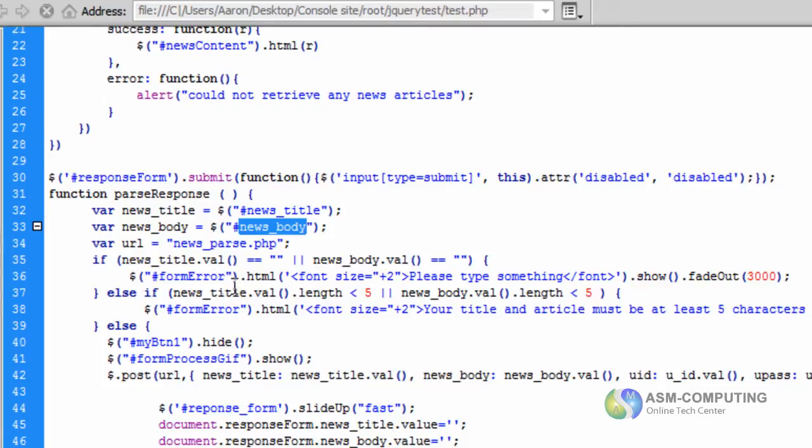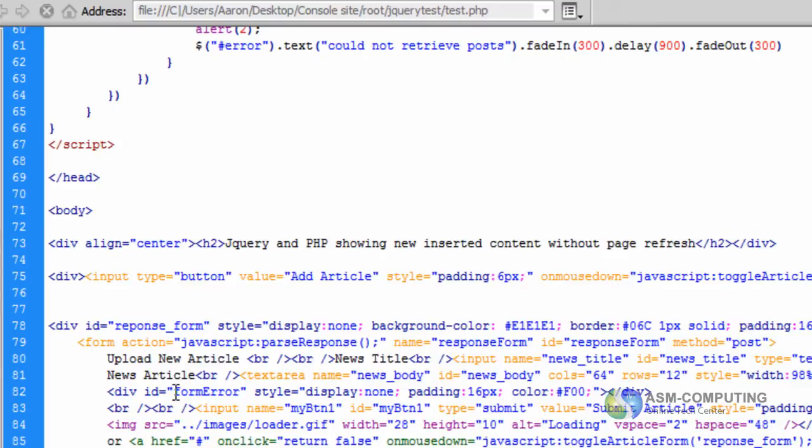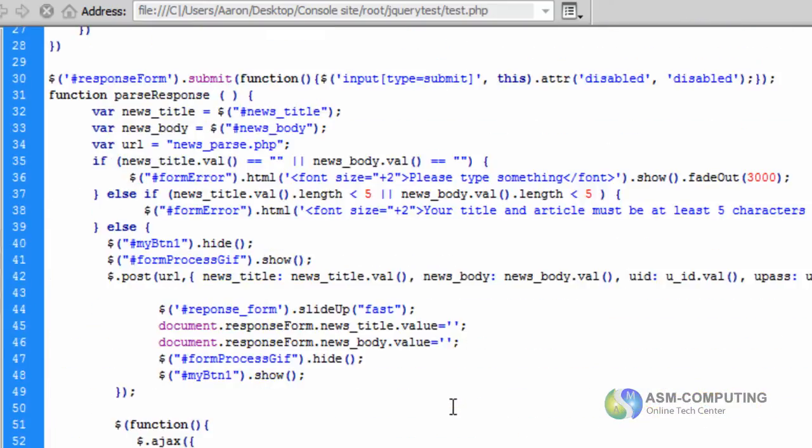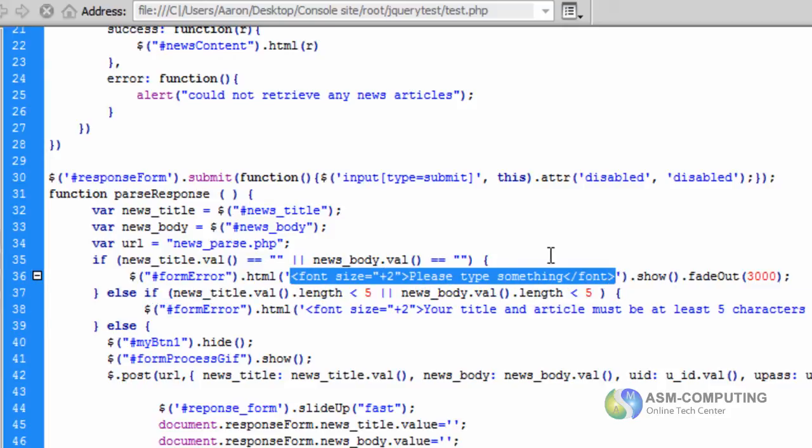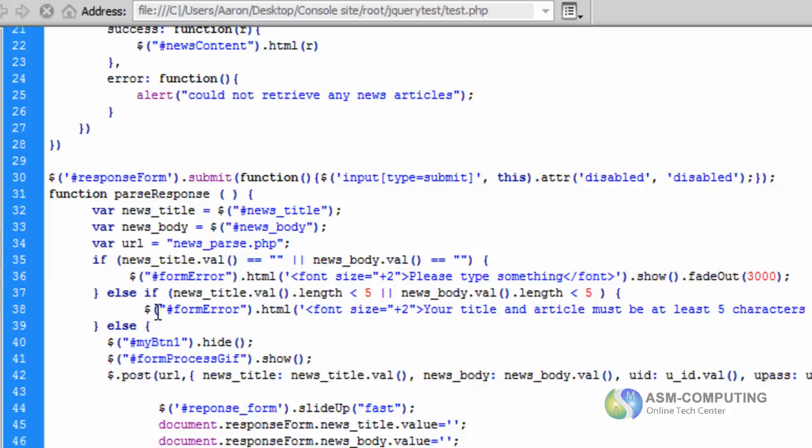The form error is displayed here, which is hidden again until any form error is shown, which you can see it's got .show, and then we fade it out after 3000 milliseconds, which is actually 3 seconds. And as I said to you before, this is HTML that you can actually put directly inside. So we just say please type something.